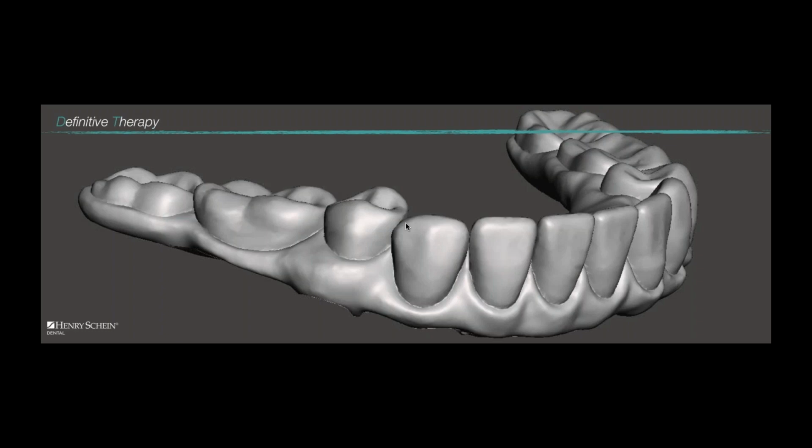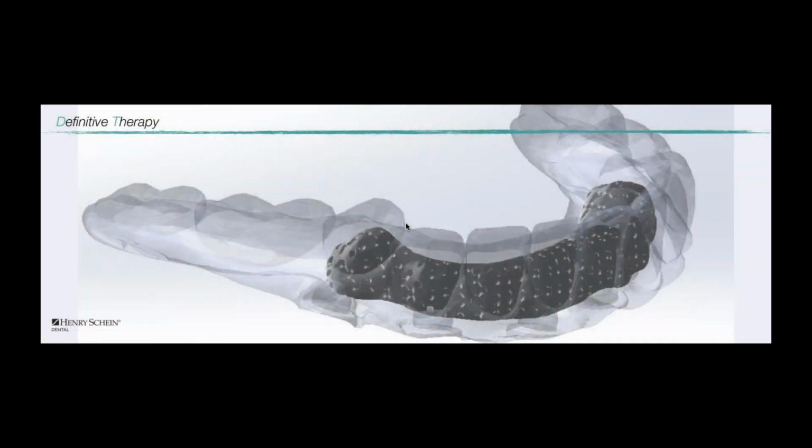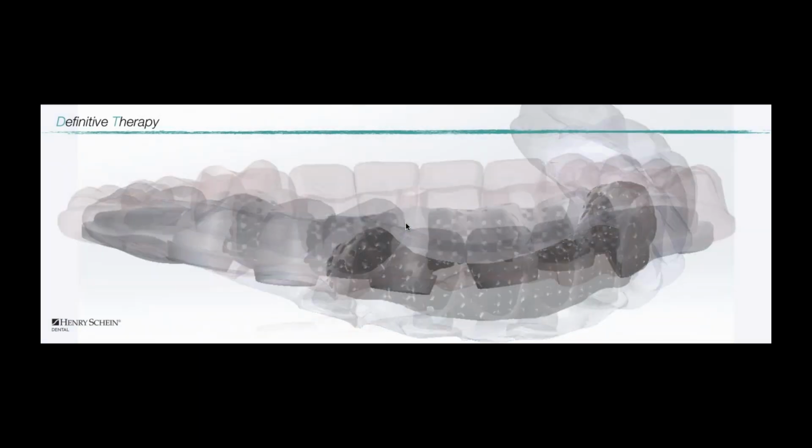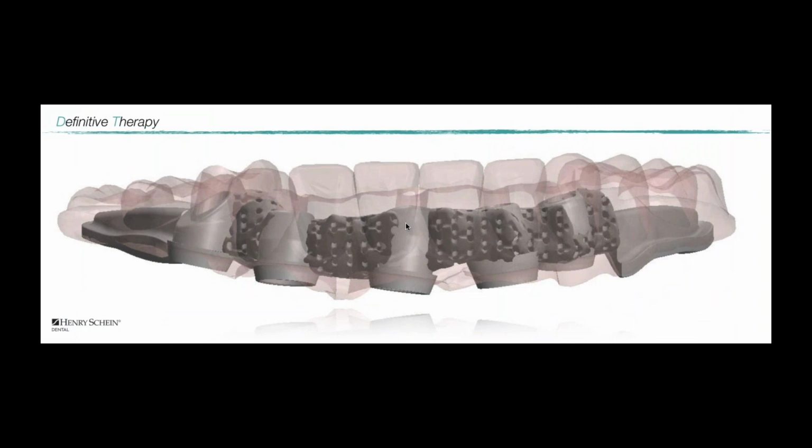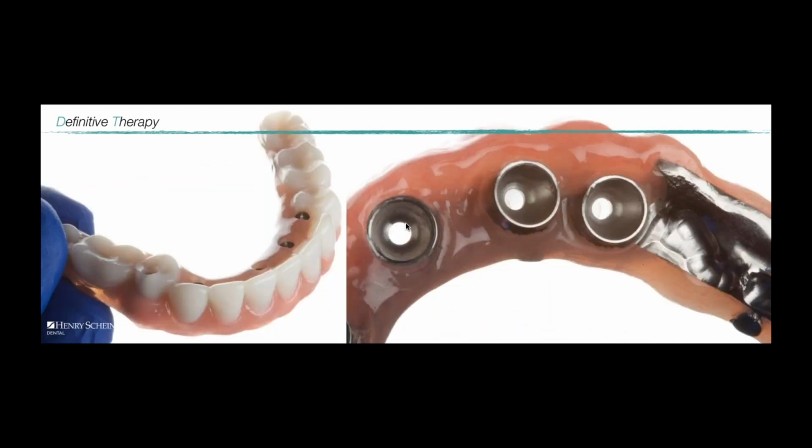This could be, in this case, a milled polychromatic monolithic acrylic that is a white and pink with an embedded titanium framework. This framework happens to be printed titanium. It is selective laser sintered printed titanium, additively manufactured, embedded in a puck. The puck is white and pink, and then everything gets milled in one shot to create, in this case, a milled polychromatic monolithic hybrid that allows me to deliver a very good result to the patient